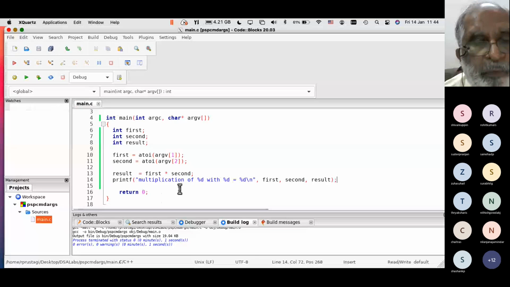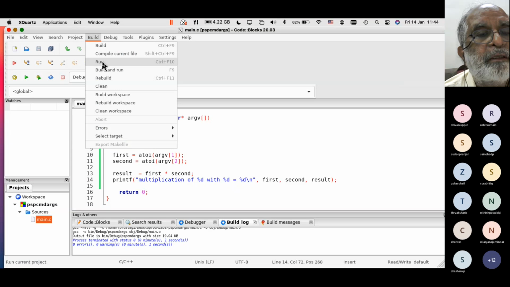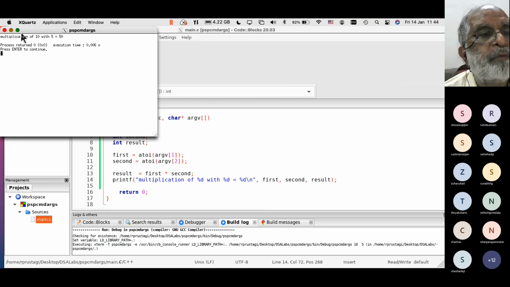Anyway, let it be, that's okay. So if I run it, you'll probably see a window pop up. You'll get the answer. And you see basically multiplication of 10 with 5 is equal to 50.